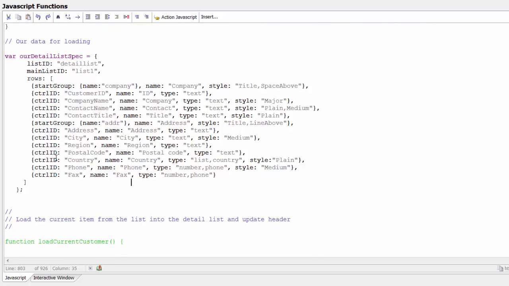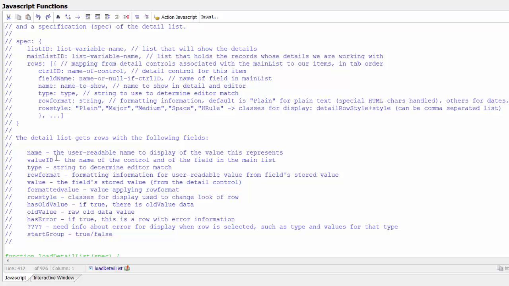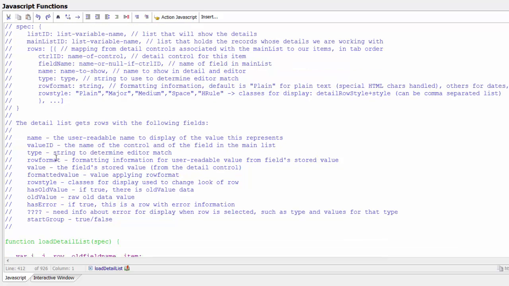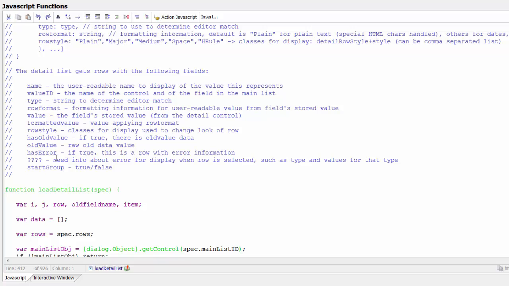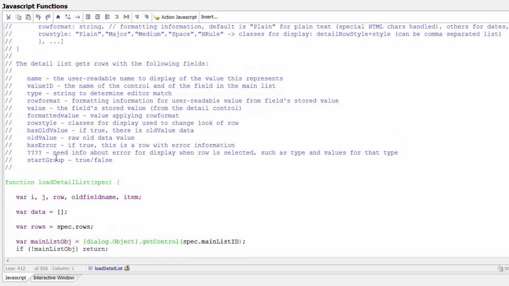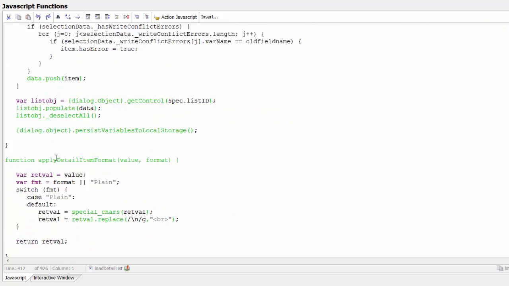So here we have another group start. So this is loaded up by load detail list. Okay? And the detail, so this loads into that list control, the detail list, the name, the value ID, the type. I hope these are all right. They may be. I try to keep it up to date. This is the name of the control and of the field in the main list, string to determine if there's an editor match. So if you remember on that list,